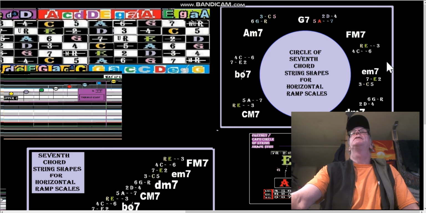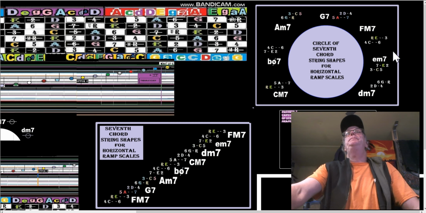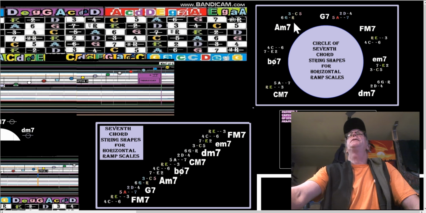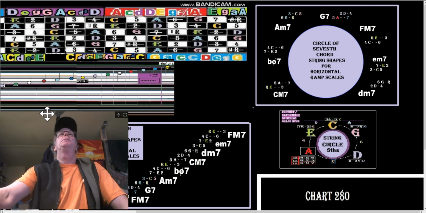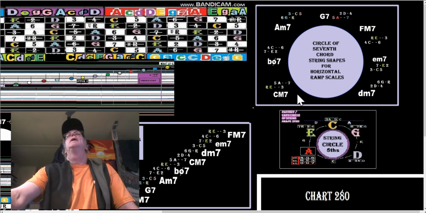So, and then we have the string shapes here associated with the, I'm going to put me over here for a minute. I guess we could give this